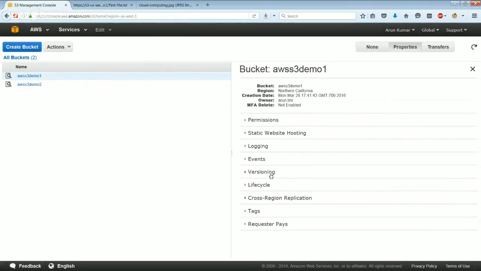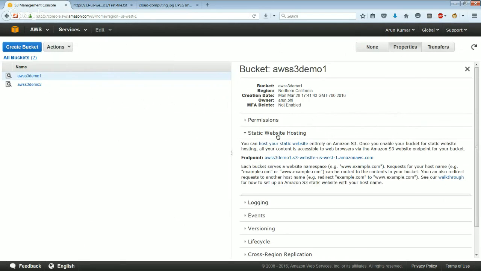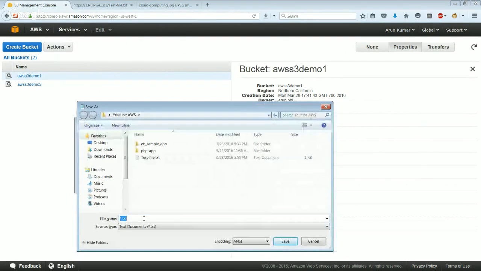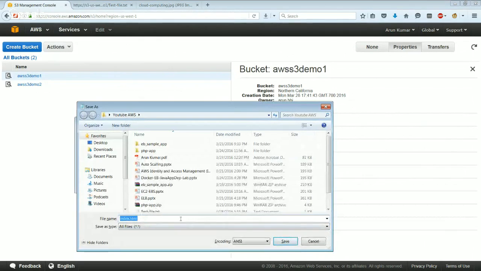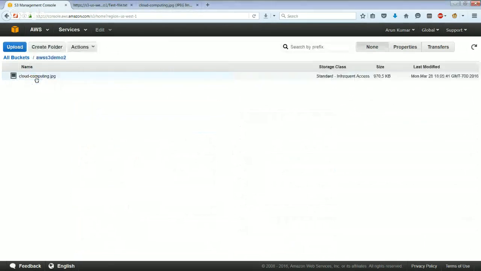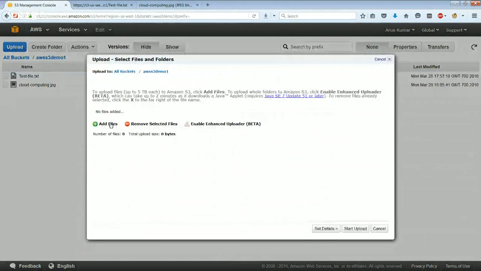Now let's go ahead and test enable static website hosting. So for that, let me go ahead and create a new file. I'll call it my static website, and I'm going to save it as index.html, and just simply go ahead and click save. Now let's go to AWS demo 1, and we'll go ahead and upload our